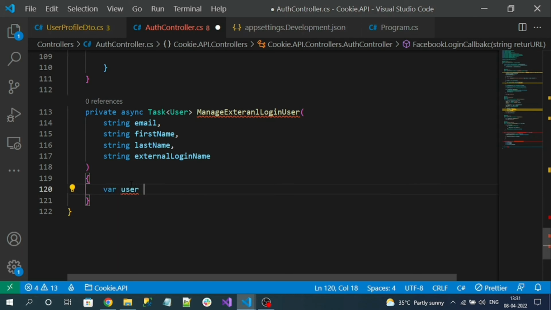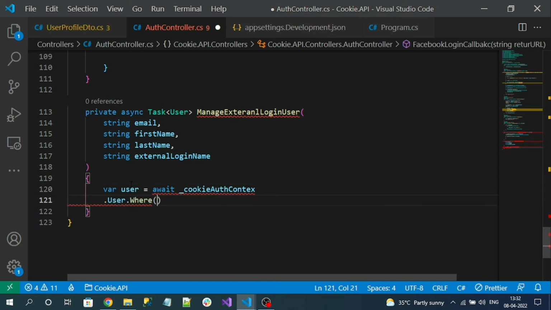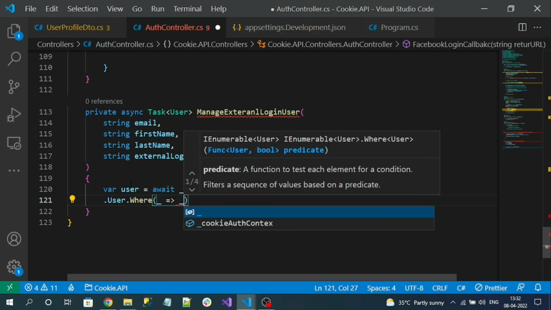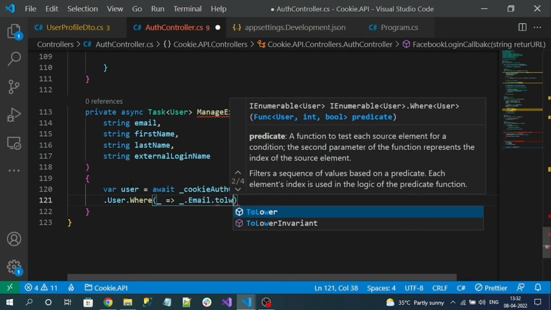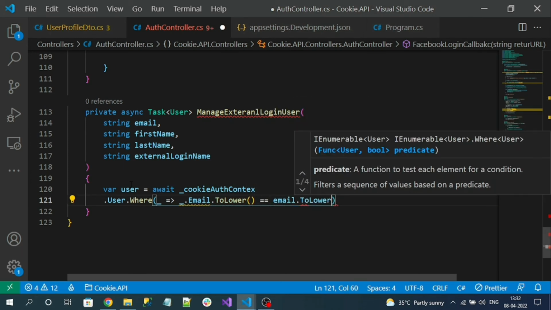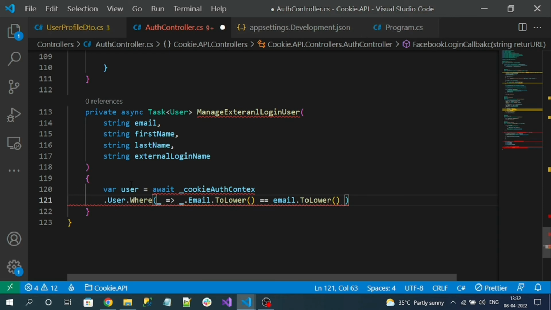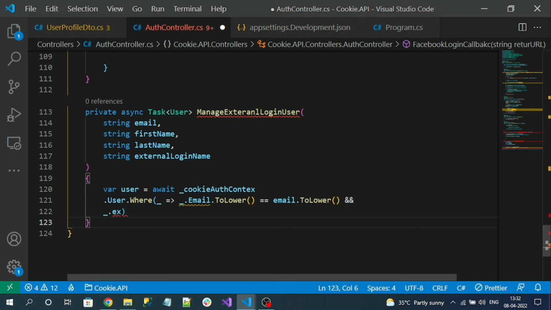So user equal to await auth context dot user dot where. First, let's compare with email, dot to lower equal to email dot to lower. Along with the email, we don't have a password for external logins. Next, the next parameter I want to check is the external login type, because here I want